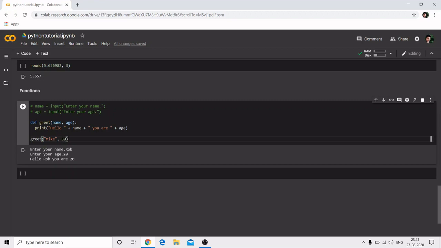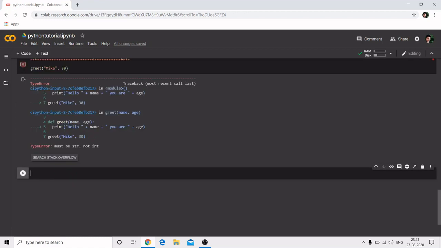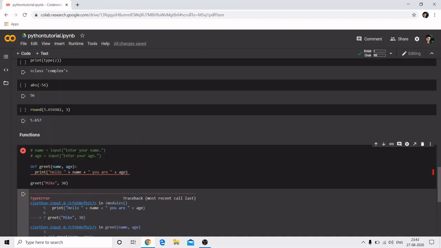We can just seriously tell them that this is. So if I click, it will show an error. Why? What is the error? It says must be a string, not integer. That is because the print function thinks that whatever I'm going to input in name and age is going to be a string,